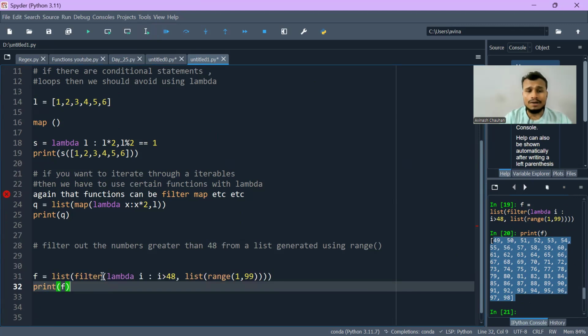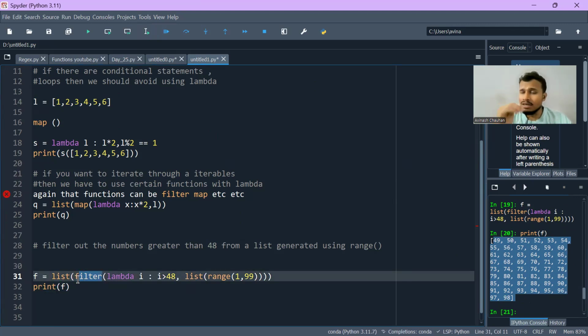So what I did, I used the filter function here. Again, the key point to remember,